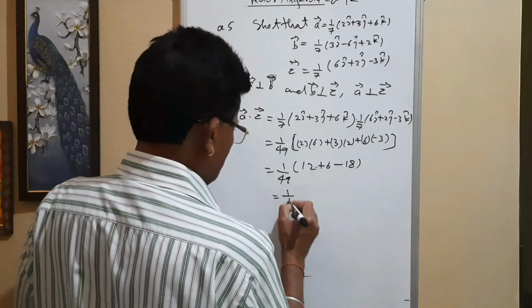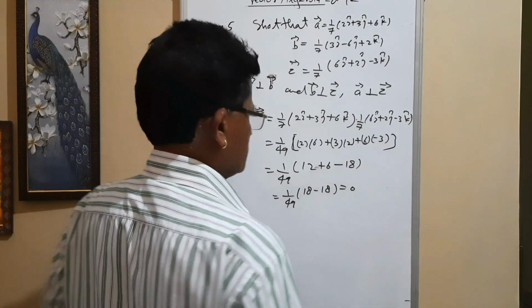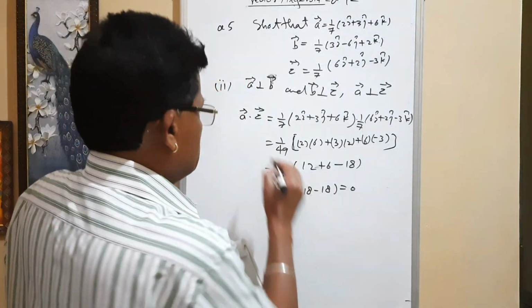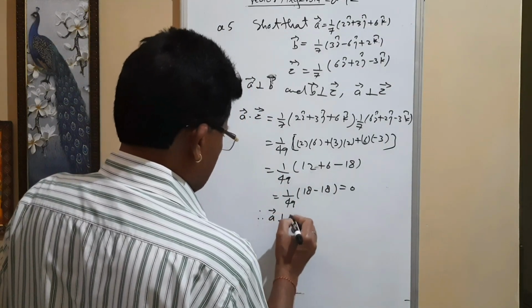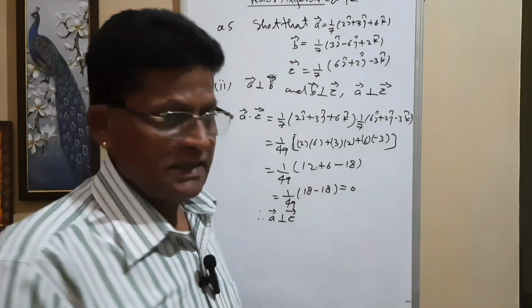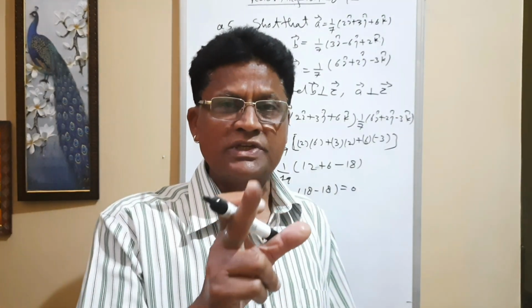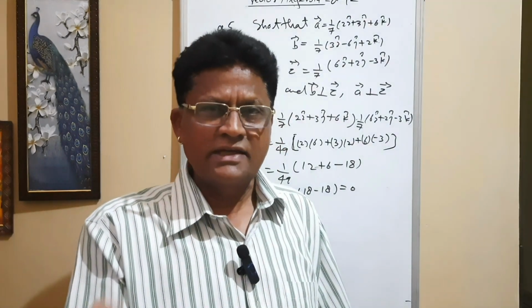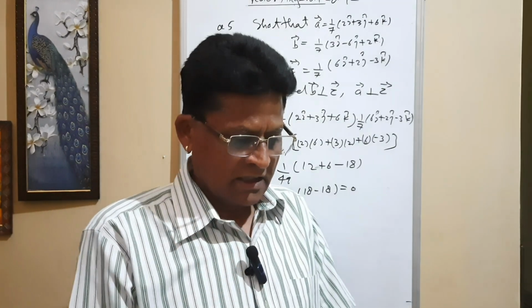Similar kind of thing: 1 upon 49 times 18 minus 18 will be equal to 0. All these vectors are perpendicular. That is why, my dear student, vector A is perpendicular to vector C. Easily you can find out that if the dot product of two vectors is equal to 0, automatically you can say that the vectors will be perpendicular. Now I will tell you